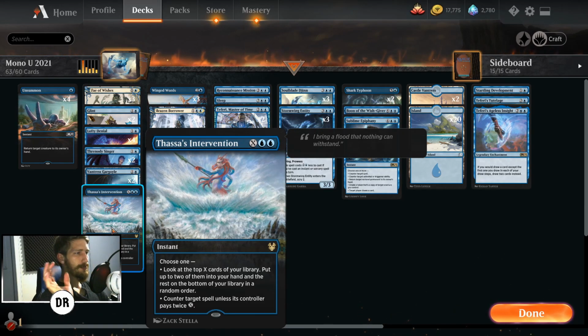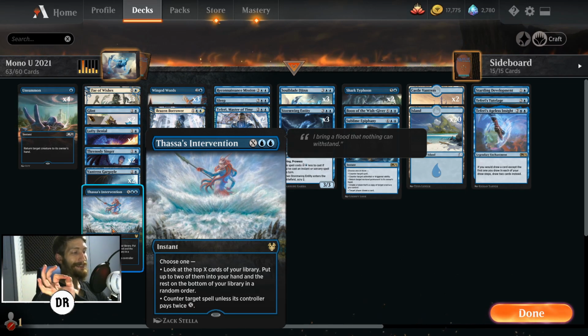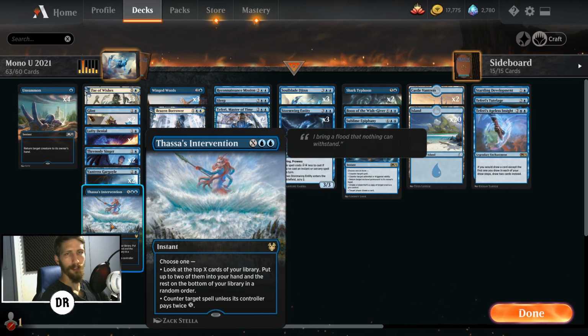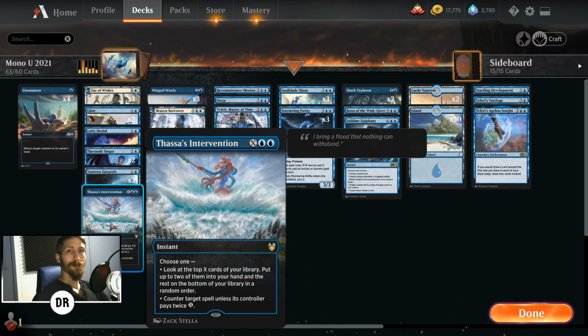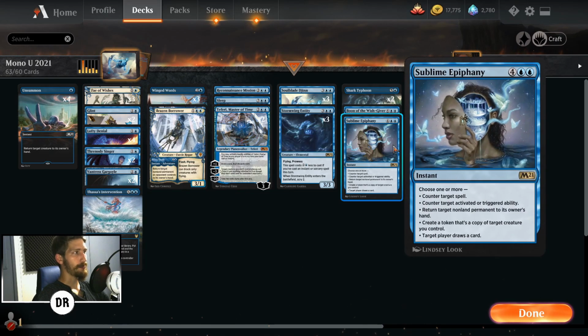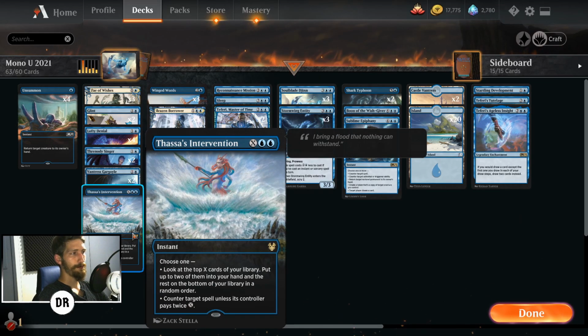Thassa's Intervention. This card is super fantastic if you have it. It's instant speed, and allows you to counter opponent spells based off the amount of mana you put in, of course. But it also acts as a way for you to dive down into your deck and find whatever card you may need, like Sublime Epiphany or Shark Typhoon in those games that are going longer, and yada yada yada. So it works in two manners,